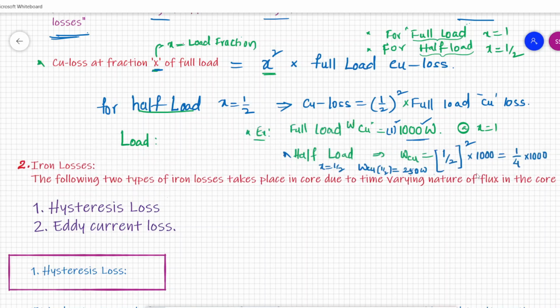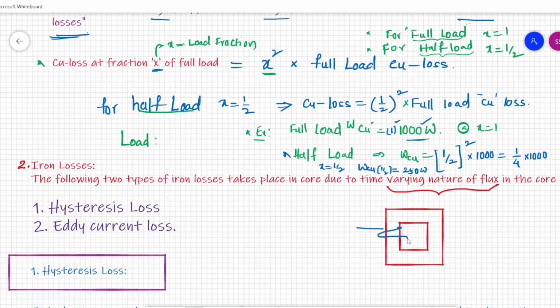of the flux. So this is a little bit interesting here because we are going to apply AC to our transformer, right? On the primary we are applying AC. AC is nothing but alternating current. That means the magnitude of current will keep on changing with respect to time. That is nothing but the time varying nature of AC current. So here we are applying AC current, AC voltage, AC supply.